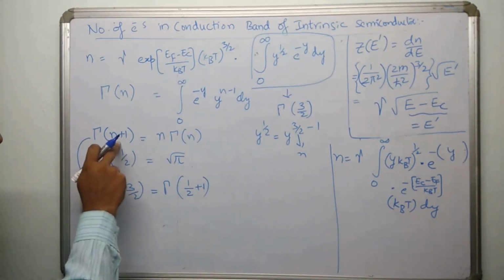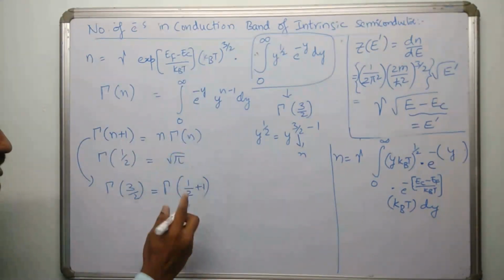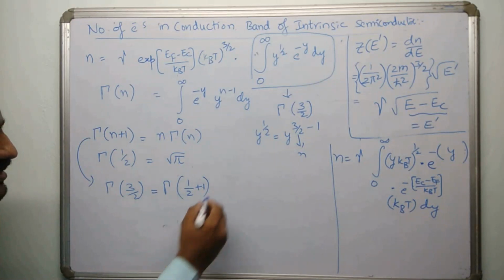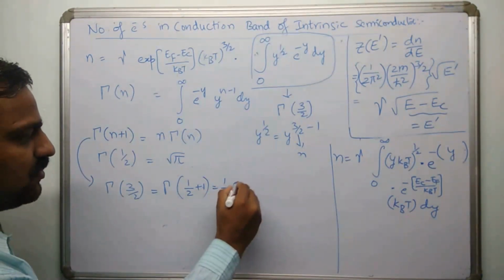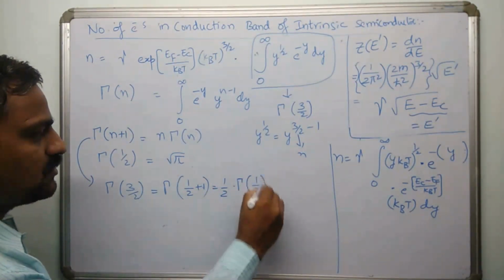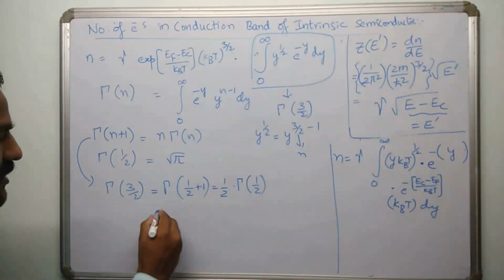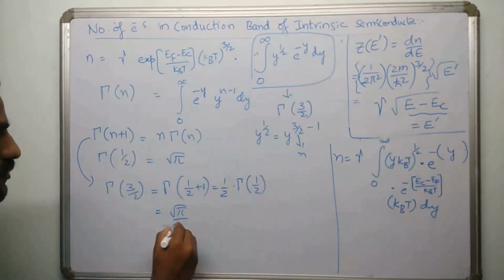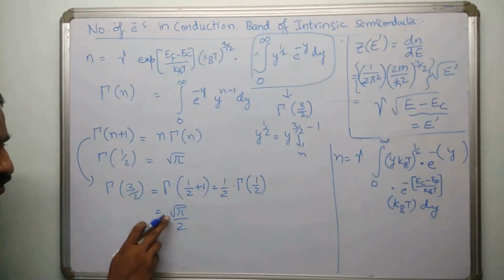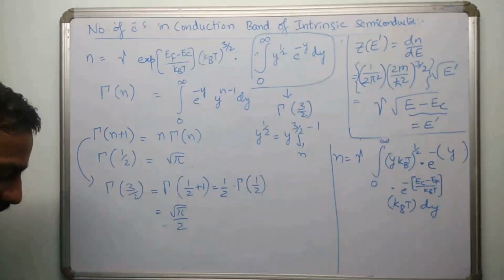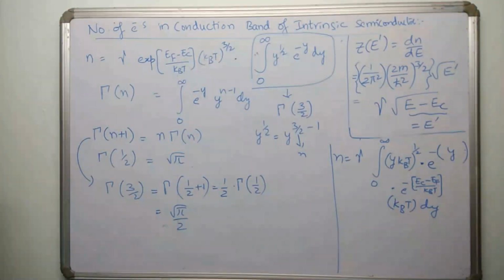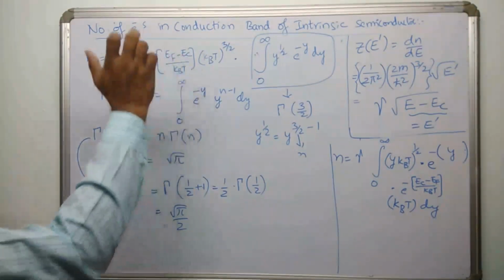Gamma n plus 1 is nothing but n gamma n. So if you take n as 1 by 2, this is going to be half into gamma half. I also mentioned that gamma half is actually root pi. So this is nothing but root pi divided by 2. This 2 is not under the square root. Root pi alone stays inside the square root. So finally, this boxed integral value is given by root pi by 2. Okay, I'll erase this and finally substitute it here, right?